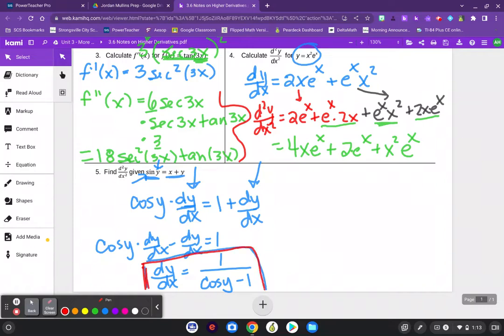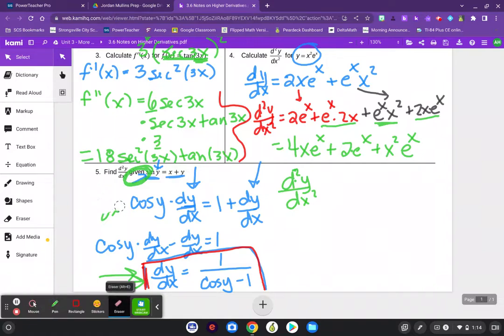Okay. Now I'm going to come and do the second derivative. So I'm going to take the derivative of dy/dx. And the derivative of dy/dx is d squared y over dx squared. I should not have started with dy/dx equals because there was no y equals here. It started with sine. So that was my mistake earlier. I'm allowed to do what I'm about to do here because I'm starting with dy/dx only. And the derivative with respect to x of dy/dx is d squared y over dx squared equals,